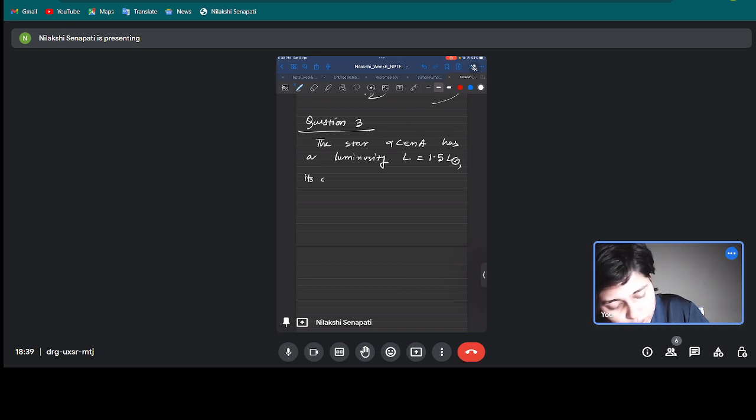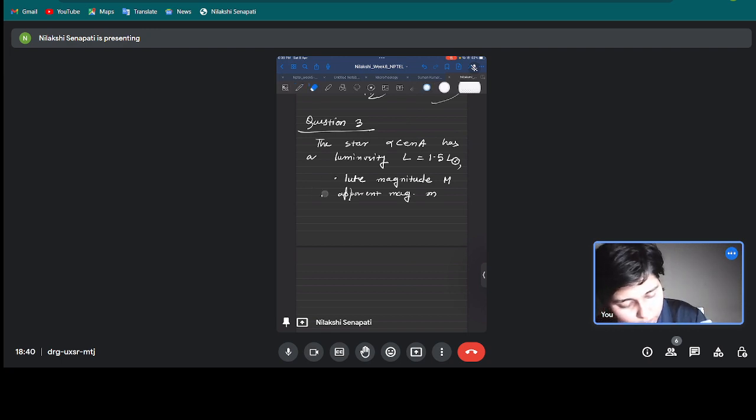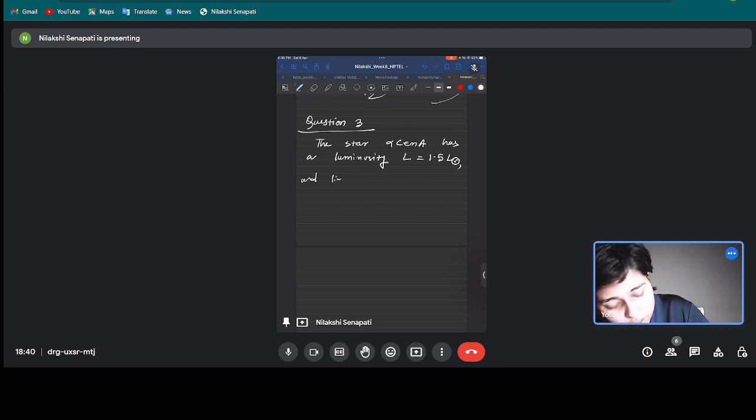Its absolute magnitude is capital M and apparent magnitude is small m. Sorry, I forgot to write the information. L equal to 1.5 L sun, and lies at a distance